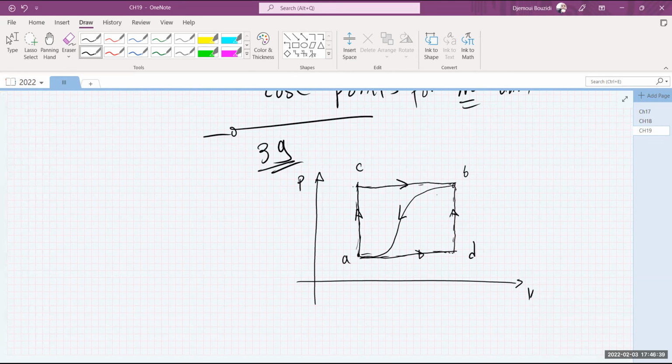When a system is taken from point A to B, so we're going from A to B first, along path ACB, 90 joules of heat flows into the system. So Q is added to the system, 90 joules. That's how much heat we added to it. It flows into the system, so it was added to it. So its energy increases by this much when we go through ACB.